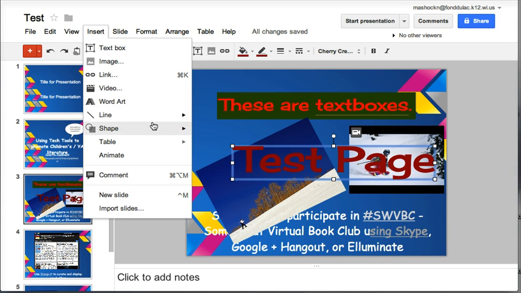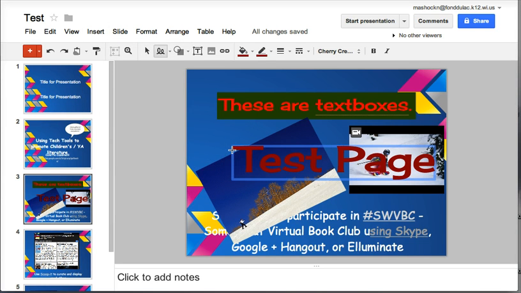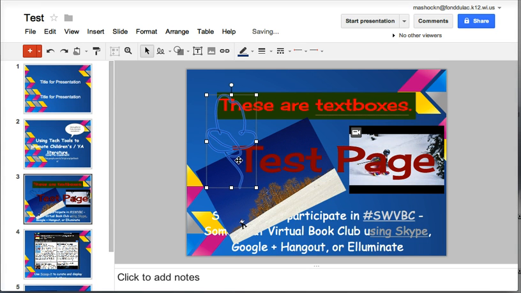Under Insert, you also have Insert Line, and this will give you different lines, and you can also freehand draw. So if you need to freehand draw, you can use the scribble feature and draw something semi-resemblance